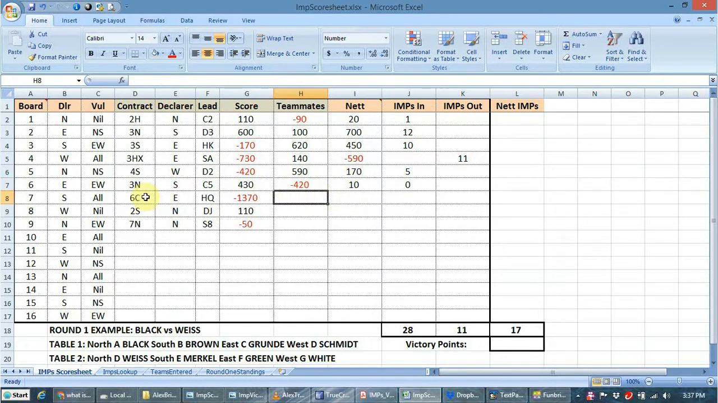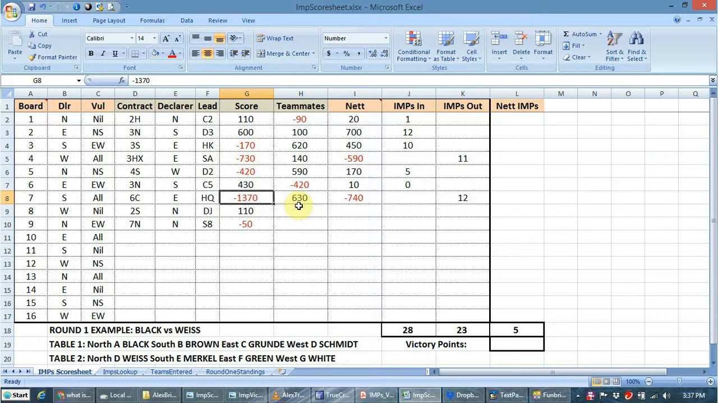Now on the next board, our opponents bid and made 6 clubs. Our teammates didn't actually bid that contract. They bid to 3 no trumps, which they did make. But as you can see, we've lost a lot of points on that board because this shows the importance of bidding